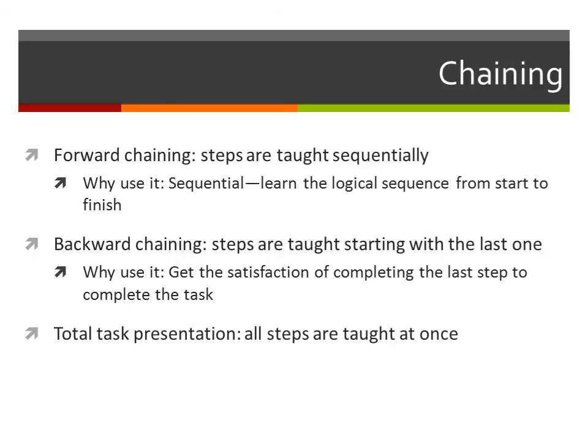Total task presentation is a variation of forward chaining, where all the steps are taught at once to the student. The student is reinforced after the completion of each step, with the strongest reinforcer provided after the completion of the last task. Eventually, the reinforcement must be faded so that the student may successfully complete every step to complete the